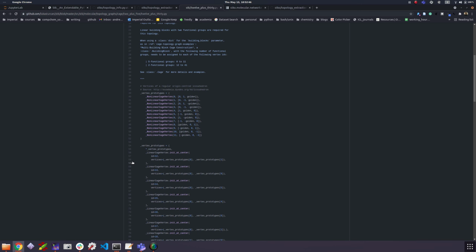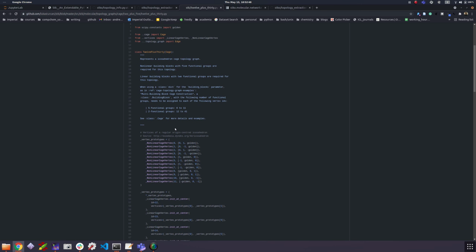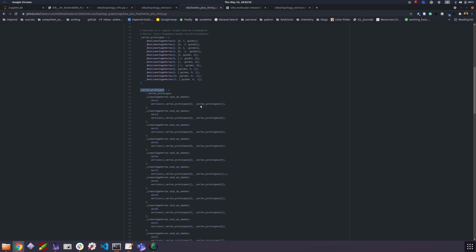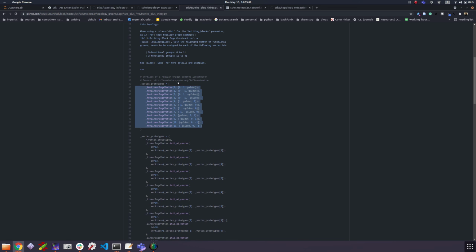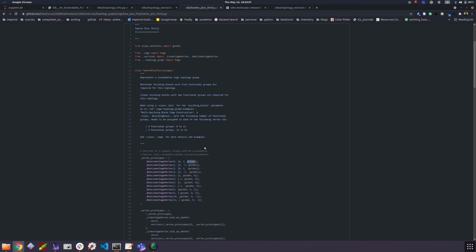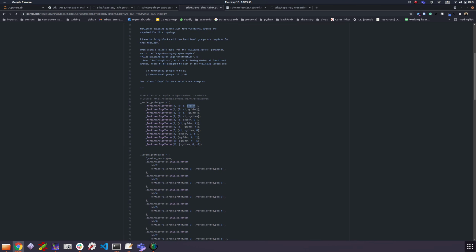So for every topology graph, you need to define the vertices. So here's a list of non-linear cage vertices, and they have their ID and their position, which is defined by some golden parameter. So this is the idealized geometry of all these 3, or I think they're 5 functional group building blocks